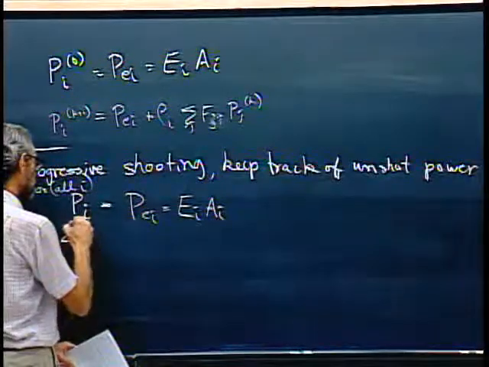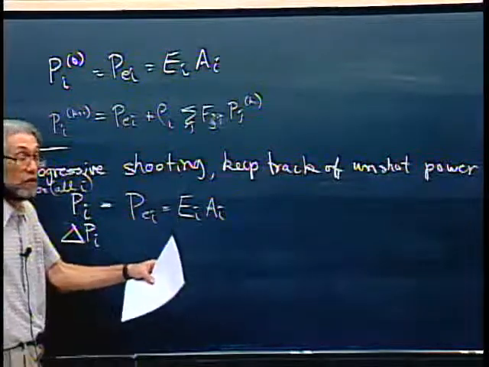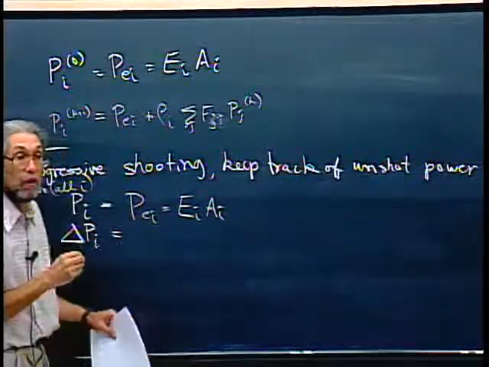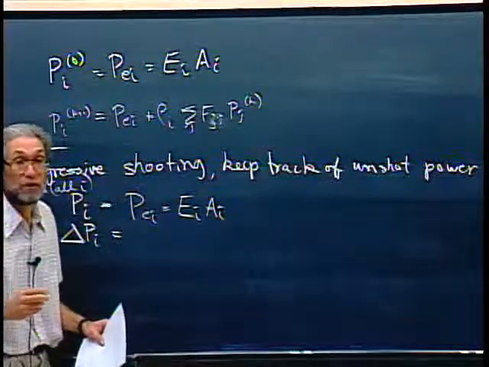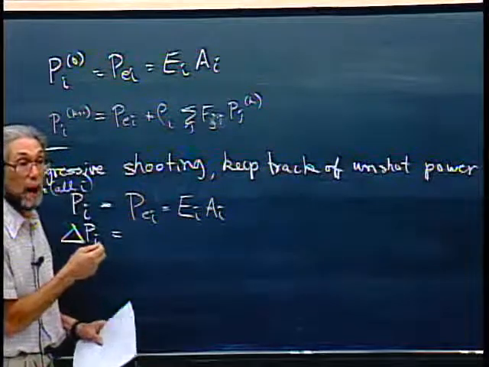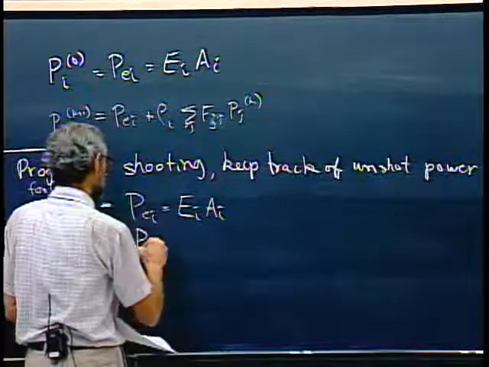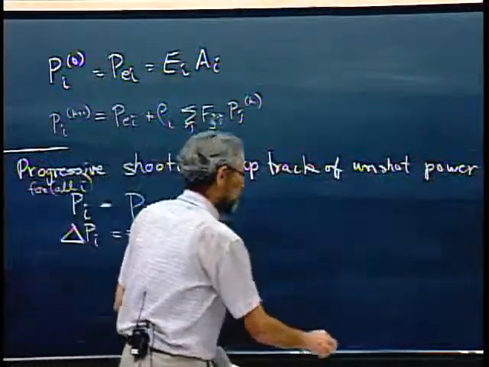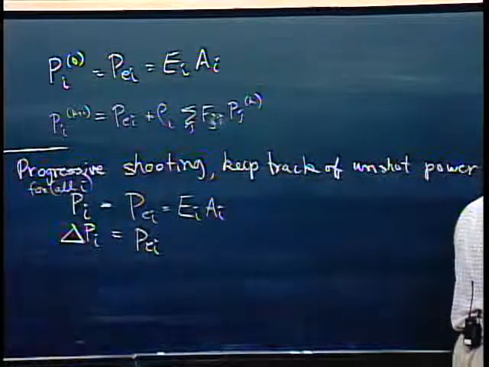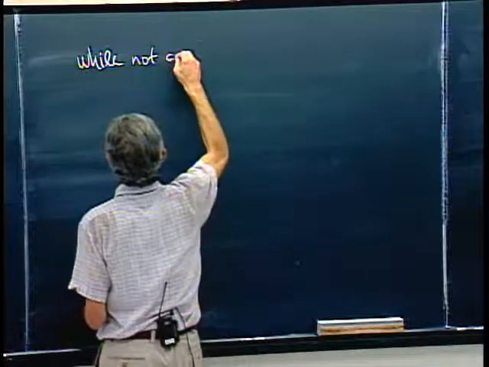But we're also going to set the unshot power, the power that we didn't already shoot off into the scene from that patch. That's the new power for the second time that wall shoots. You don't want to shoot its initial power again because you're going to be accumulating the power from each shooting. So delta PI equals the same thing, PEI. And now, while not converged,